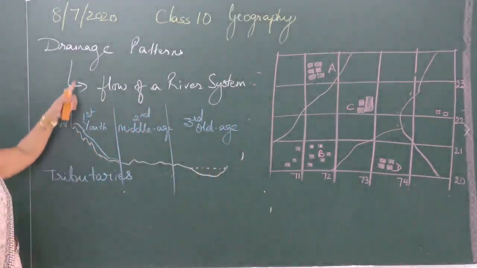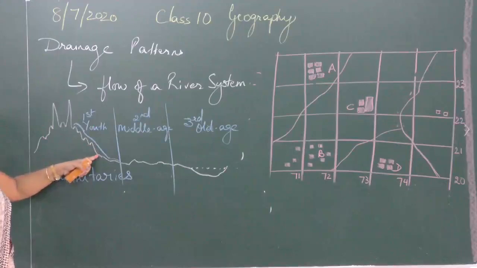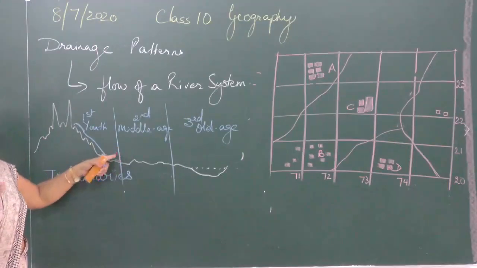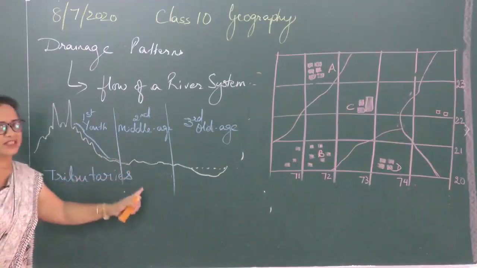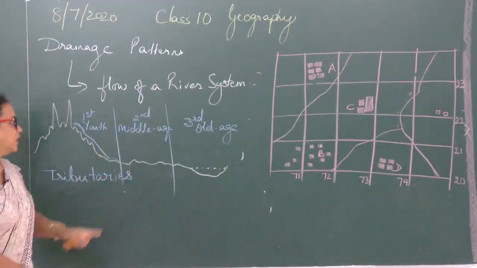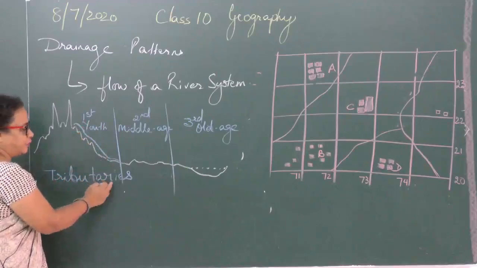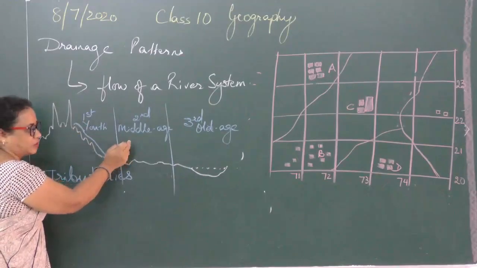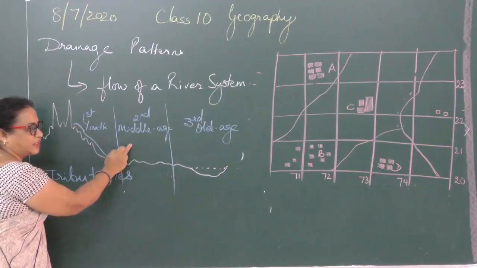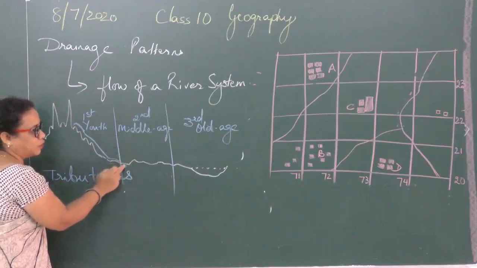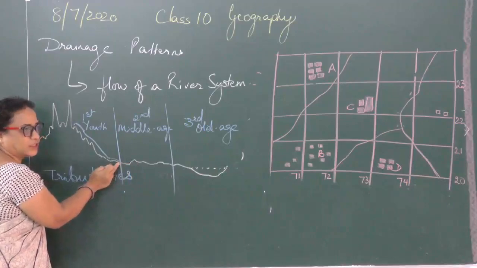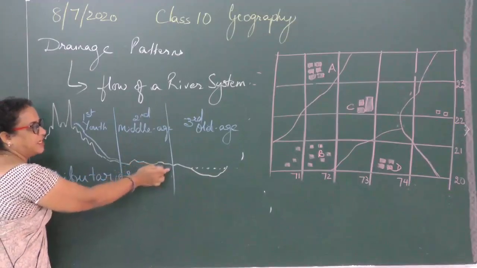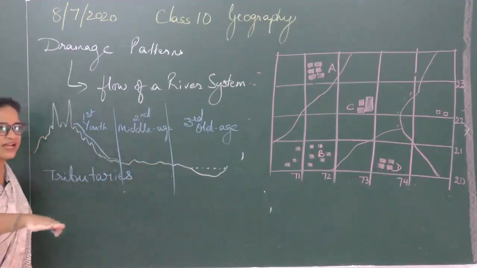For drainage pattern you have to understand this. Clear? These will not be asked in the question, but certain questions you will not be able to answer if you don't understand the background to it. In the youthful stage, tributaries join. They may join in the middle age stage also. How do we know the middle age stage? The moment the slope of the land changes. Till here the slope was steep. Now from the foot of the mountain the slope has become irregular, but more or less it is flat land.